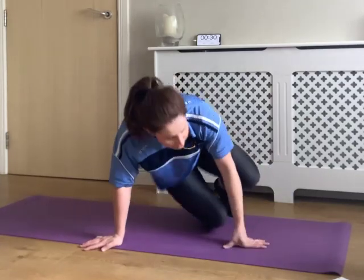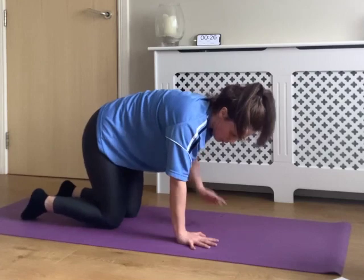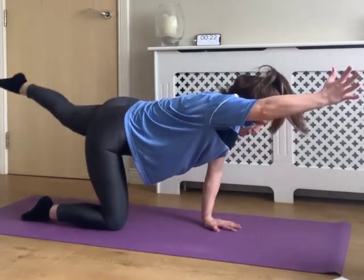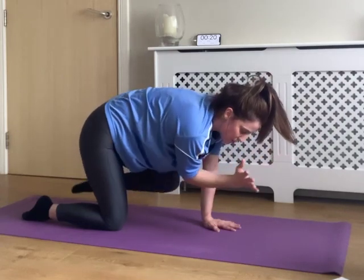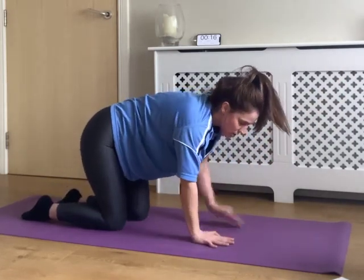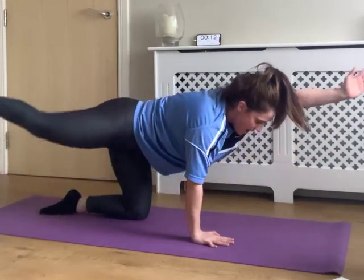And then we are going to do bird dog. So we're on all fours, shoulders over wrists, knees under hips. Opposite arm and opposite leg lift so they're straight. Drive elbow to knee, shoot out, back down, switch sides. Out, in, out,